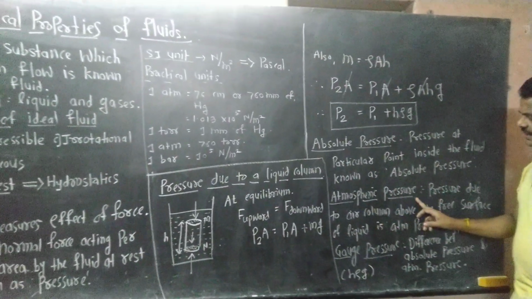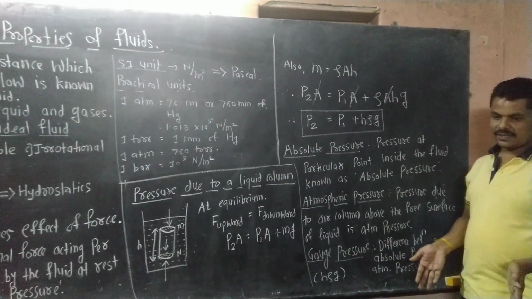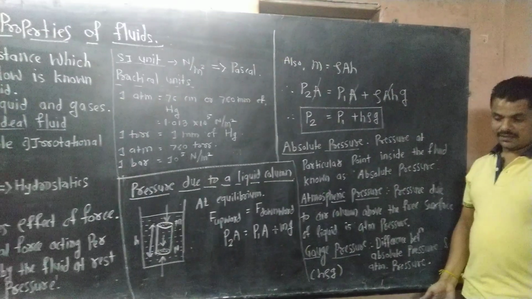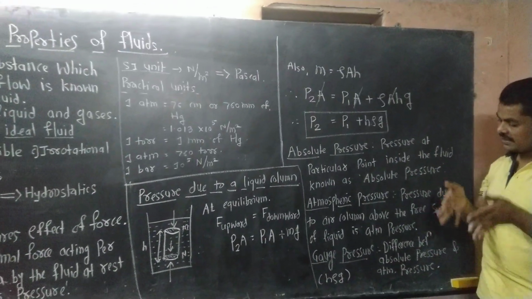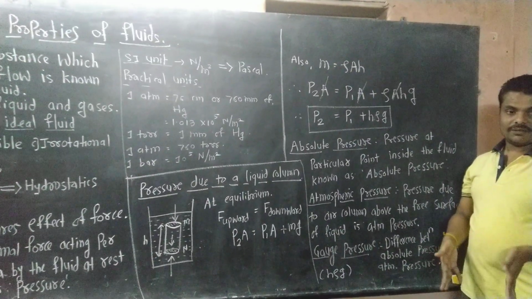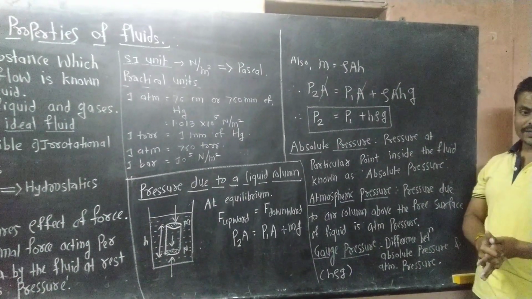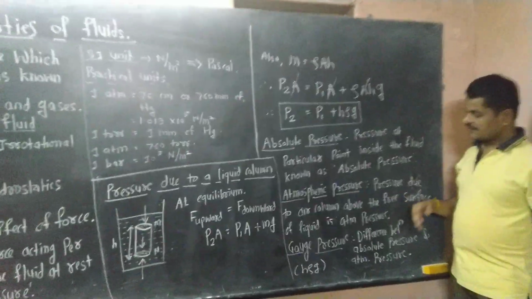Now the second is atmospheric pressure. Atmospheric pressure: we know that the air envelope is present about 400 km from the earth's surface. Therefore, this air exerts a normal force per unit area. Suppose there is a free surface of liquid, then the pressure